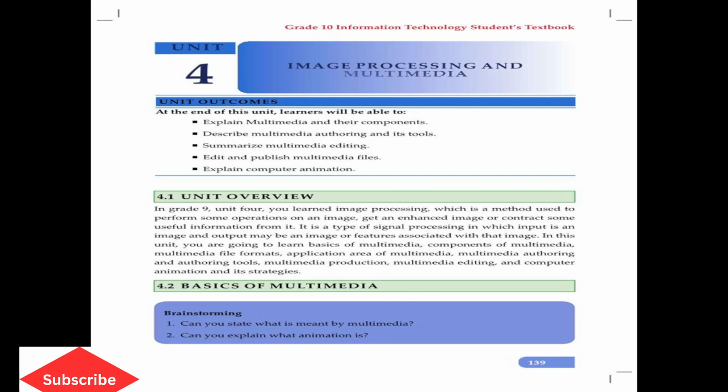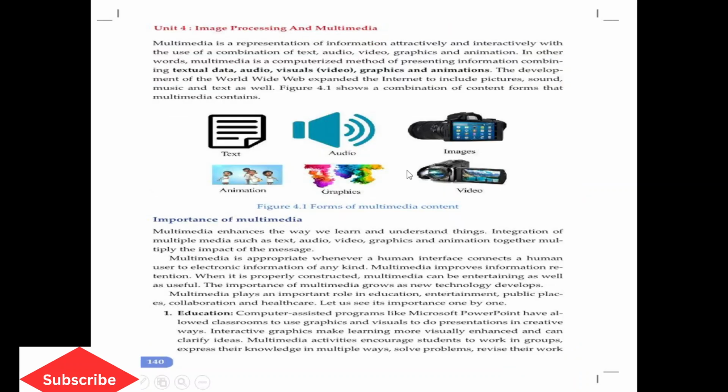Basics of multimedia. Multimedia is a representation of information attractively and interactively with the use of a combination of text, audio, video, graphics, and animation.